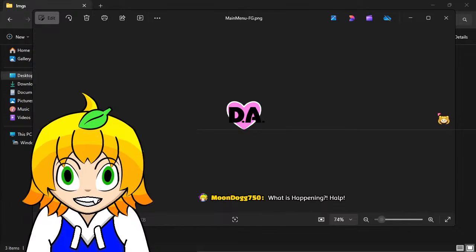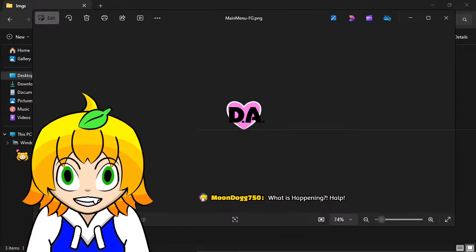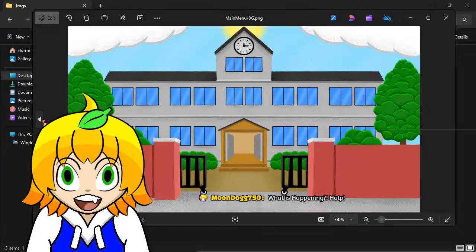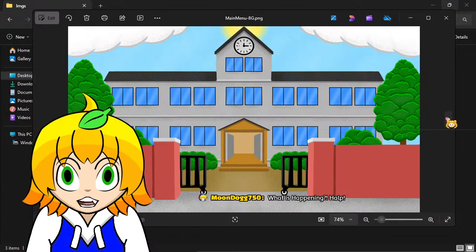Oop, I dropped my pen. The image that goes over my main menu. So that'll go over the main menu. And I'll probably be using the foreground in the future as a place to put the characters. Maybe, I don't know. I'm doodling the bedroom scene, which I gotta do two variations of. I'm just still kind of doodling that. I'm taking way too long on it.